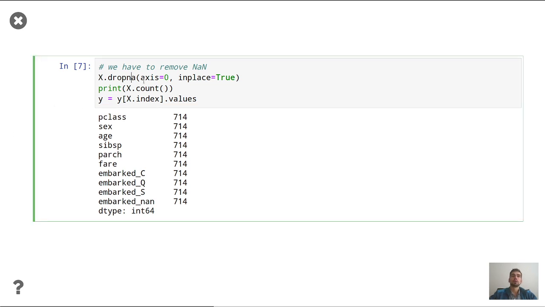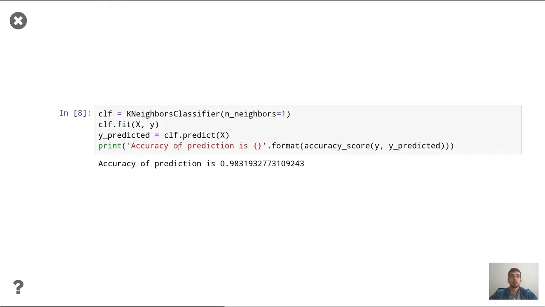So you see that we have the drop method here, and axis equal to 0 means that we want to drop rows, not columns. If I change this 0 to 1, in this case I'll drop this age column, but I don't want to drop it. So in this case we just drop slightly less than 200 passengers, data points. And now we can fit it,